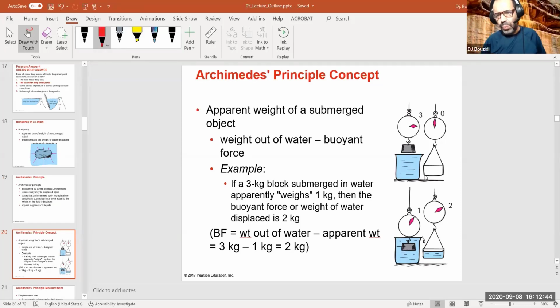If you contain all of the fluid in another container, and weigh this object at the same time, this object has a certain weight. For example, in the example here, it starts with 3 kilograms. But if you weigh it now while it's submerged, it drops to, I'm sorry, it drops to 1 kilogram. So the reading on the needle now is 1 kilogram.